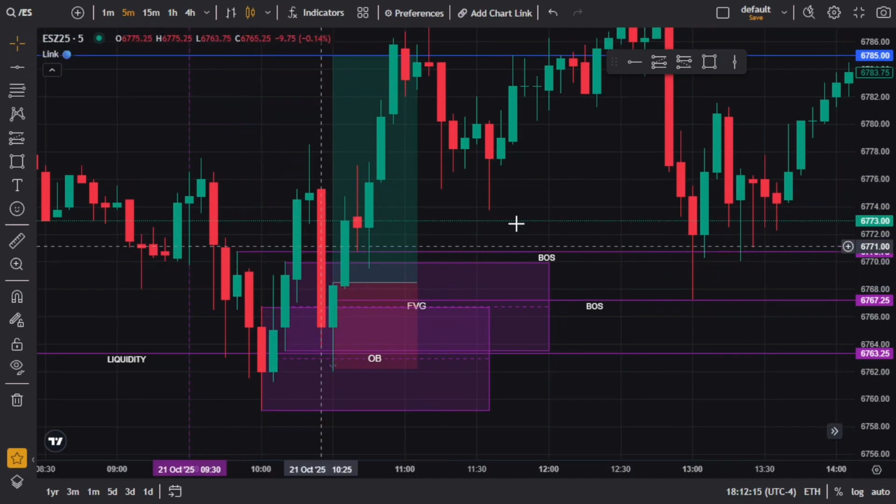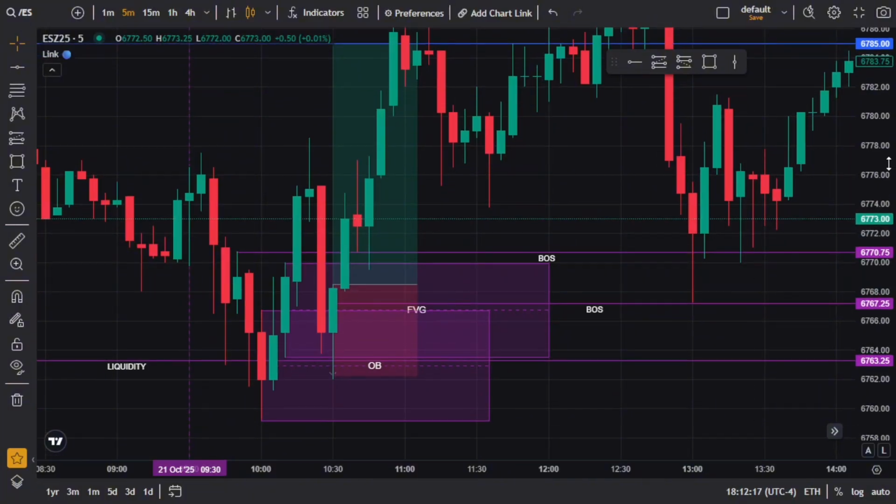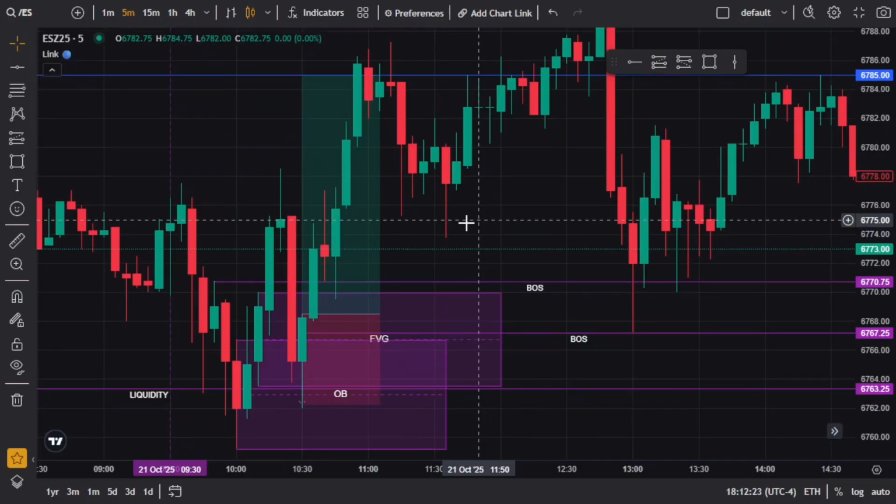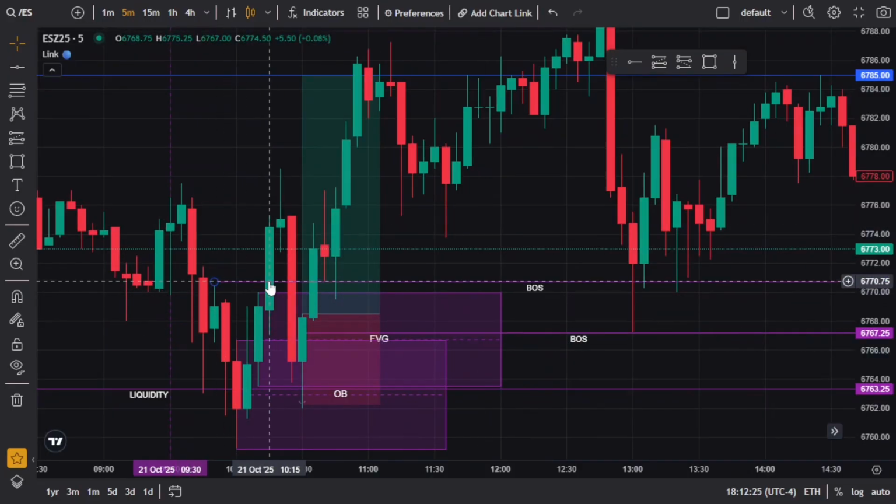You're going to mark out your breaker structure. This works on selling and buying too. It's just a perfect example for today because we're in a buying position. It was an uptrend. So we're going to mark out our breaker structure, wait for a candle closure above that.